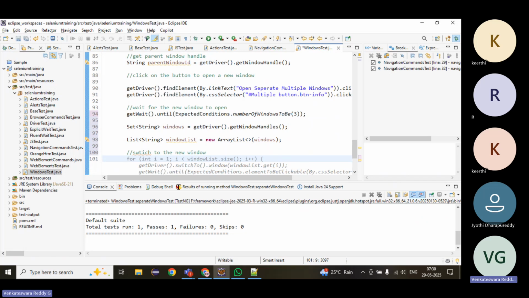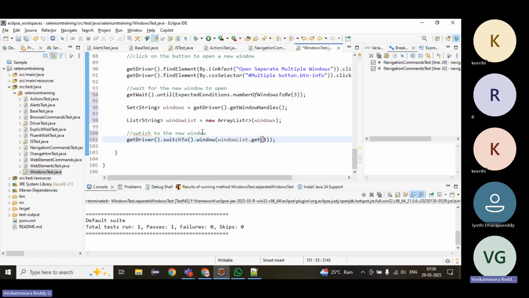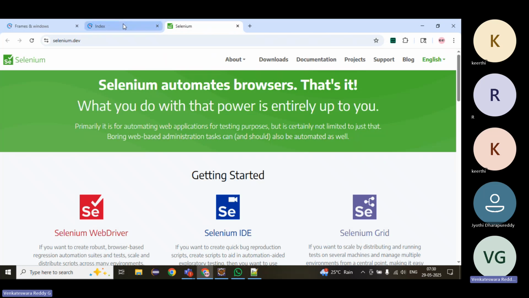Suppose I want to switch with driver.switchTo to the first window. There are three windows we have, and 0 is the parent one. Already we are in the parent one. If you want to switch to the first child, use 1 or 2. We'll switch to the first window and then